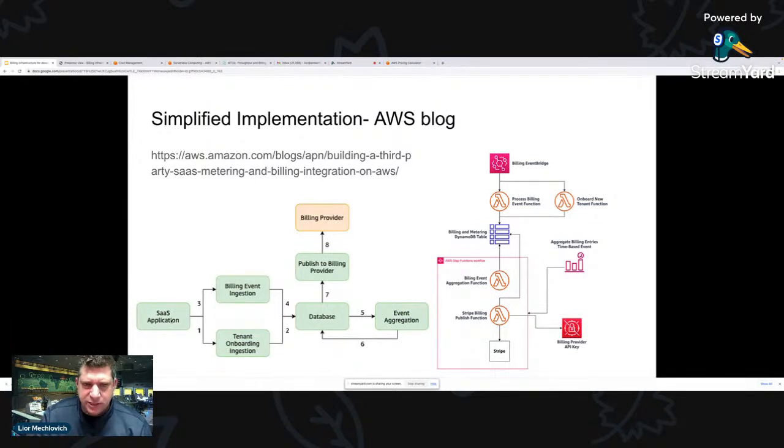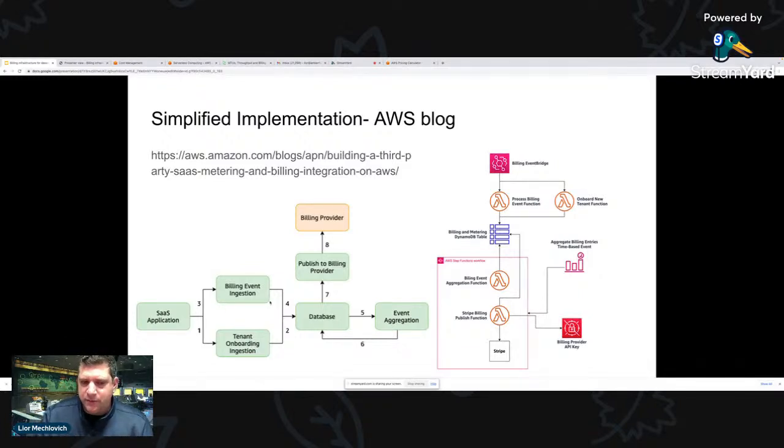We have the SaaS application. In our previous example, it was EC2, right? That emits events. Here it emits the billing event, like start, stop, or number of hours used, or an API call. So every event that happened, it sends as a billing event that gets stored into a database. There's a different flow here that creates the customer and assigns the right plan to the customer. They call it the tenant onboarding ingestion. That's basically setting up the customer, which makes sense. You create a customer, you give it a plan. Is it this plan or that plan?